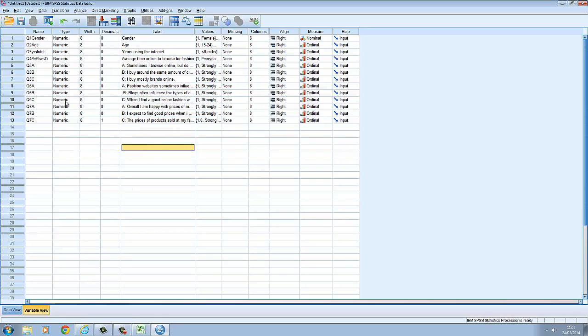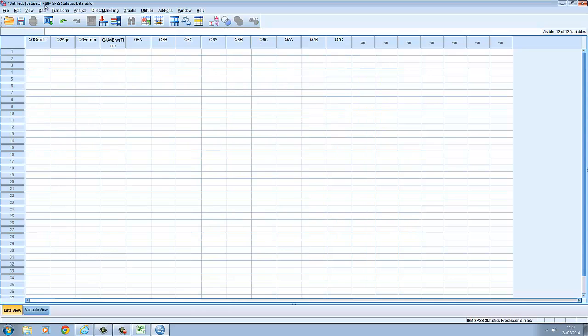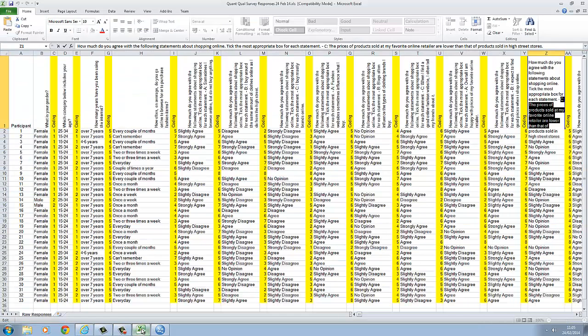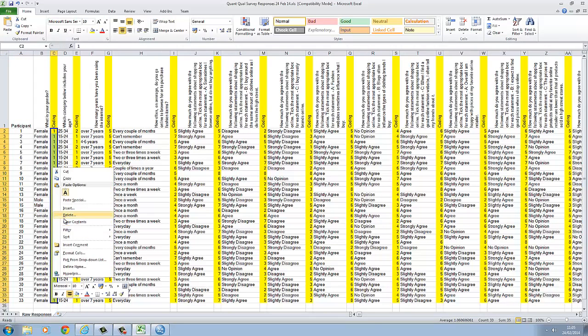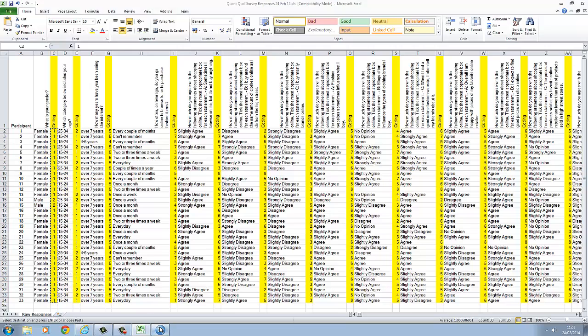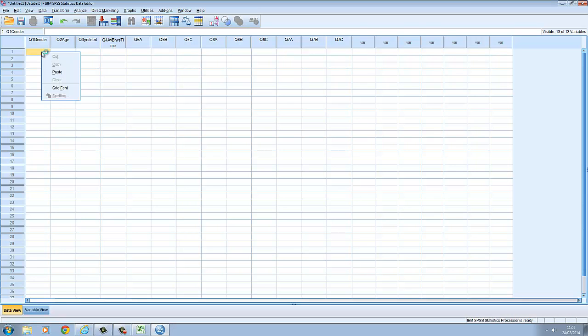Okay, so now we have all of our variables set up for this particular set of data here. We can go through to the data view, and you can see we have across the top here for each of the columns going down, the different variables that we're going to input the things against, and then we have the number of cases running down here. So the simplest way to do this, if we have it coded up in Excel, is to go to Excel itself, pick the data, copy it, go to SPSS and paste the data in, and there we end up with our 33 records